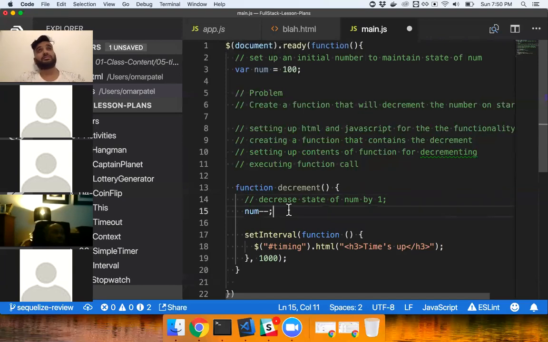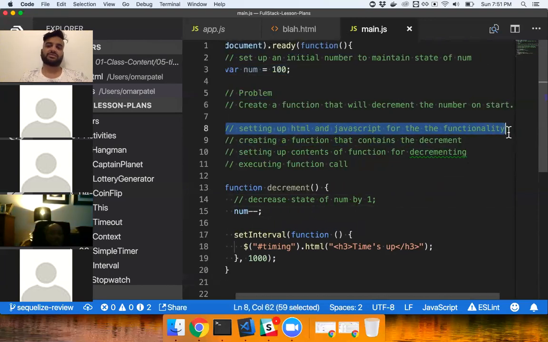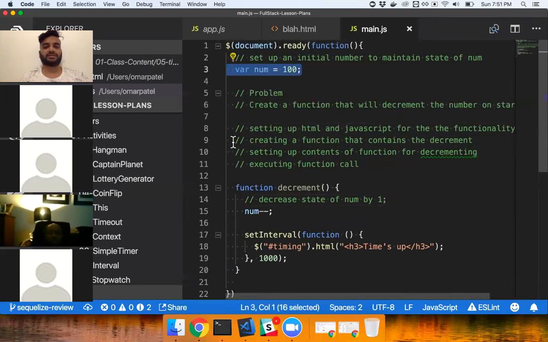So again, I think about how the order of operations are going to go. The first thing that happens is it's going to look at this. It's going to then have this function. One part that I didn't finish when I went through from top to bottom is in this part, I did set up the HTML and JavaScript for the functionality, but I never set up the initial value that's going to display. So what I'm going to do